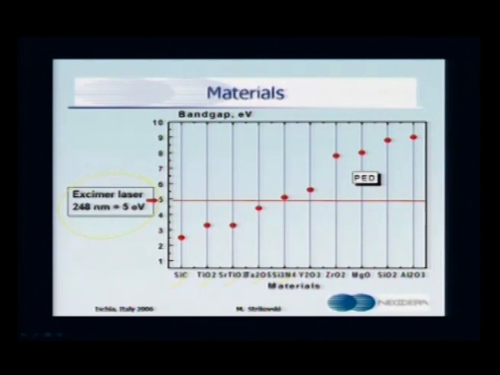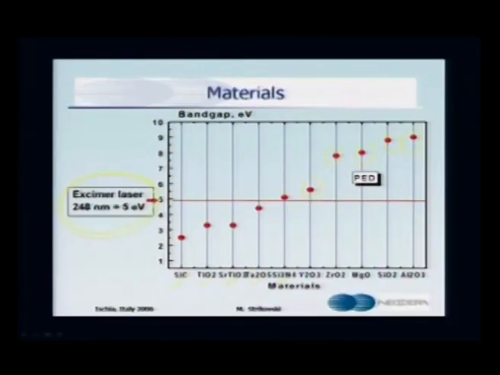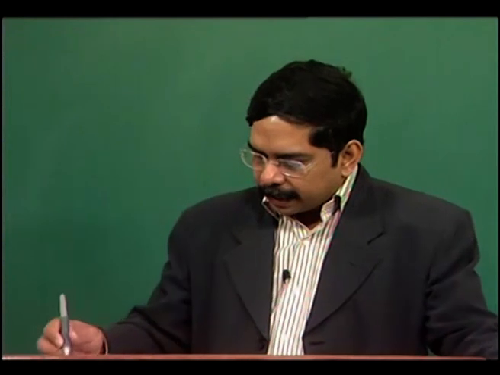whereas when you look at the band gap of some of these materials like yttria, zirconia, magnesia, silica, alumina, all of these show a band gap above 5 electron volts. If your excimer laser can generate only 5 electron volts, it is impossible to ablate this high band gap material with ease. Therefore, this is where PED comes into the picture. With PED you can deposit any of the insulating compounds or compounds with very high band gap. So that is one of the reasons why PED still stands out as a more prolific